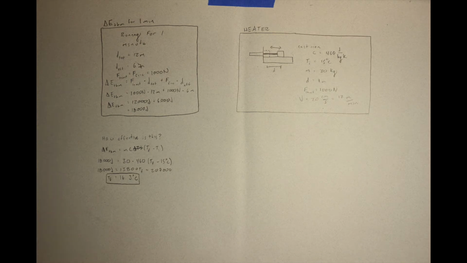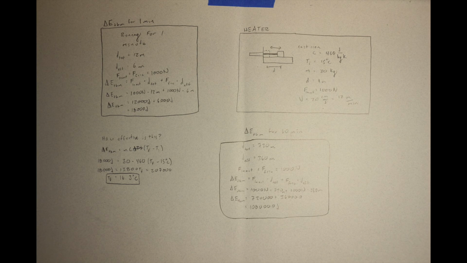Celsius. If the heater warmed up by 1 degree Celsius in 1 minute, how much would it heat up in 1 hour? After an hour, the two blocks have been sliding across each other for 720 meters. The effective distance is half of that, 360 meters. Once again, the force of the linear actuator is the same as the force of friction, which is 1000 newtons. Our equation for the thermal energy is also the same. Plugging this all in, we find that the change in thermal energy is